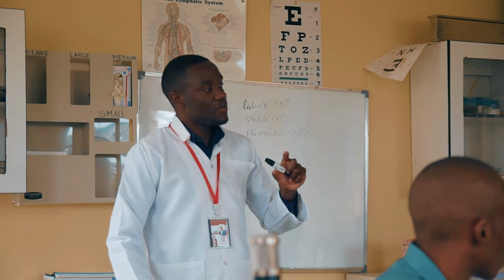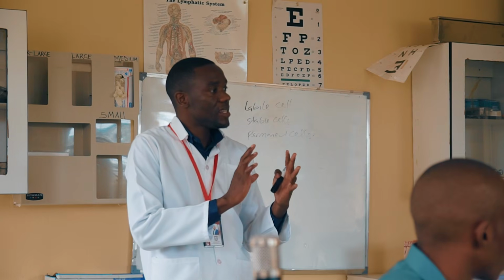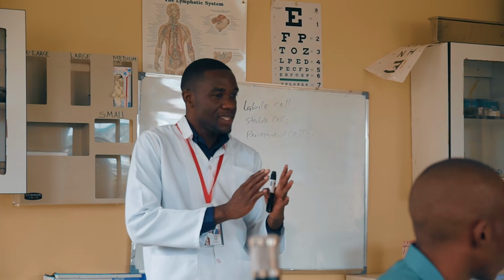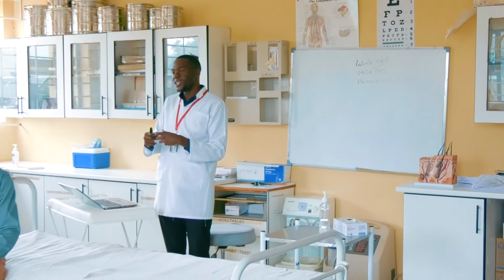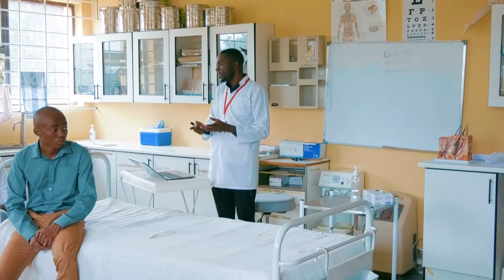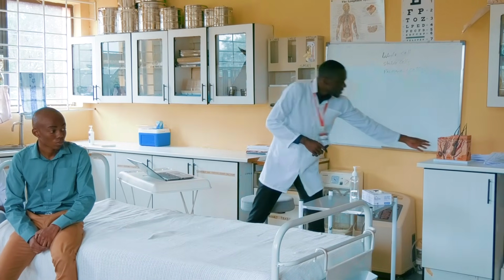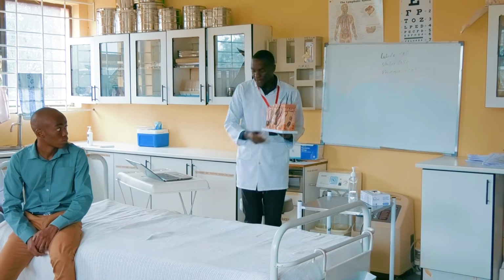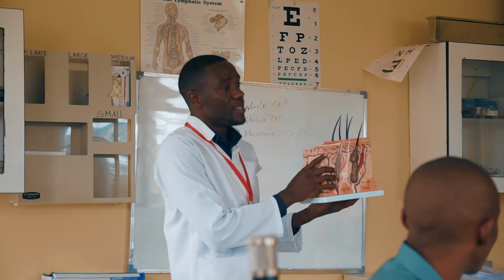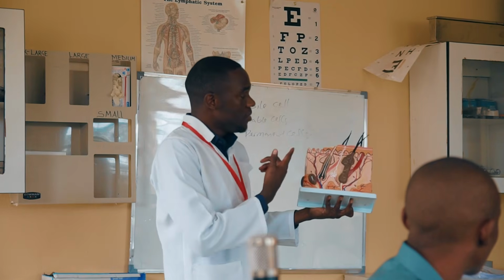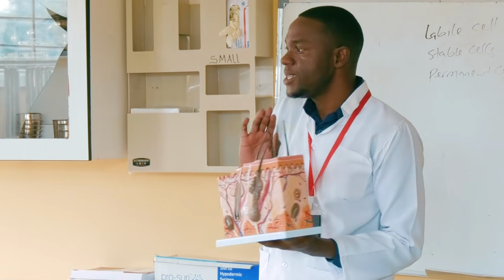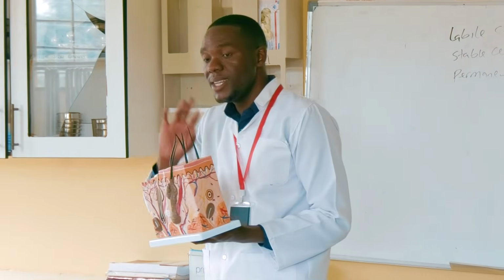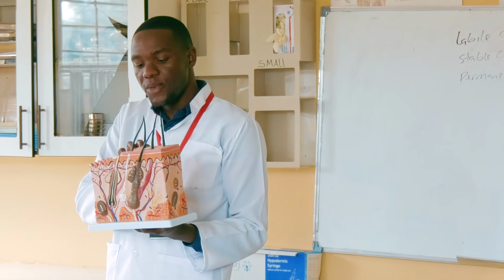The other thing we need to understand is the anatomy of the integumentary system, because we cannot talk about this system without knowing its anatomical structure and functions, right? So we'll just go through the system. This is what I have to demonstrate. This system, the skin, has 3 major parts, isn't it? But these 3 major parts are still in categories, right? So now, when we look at this,